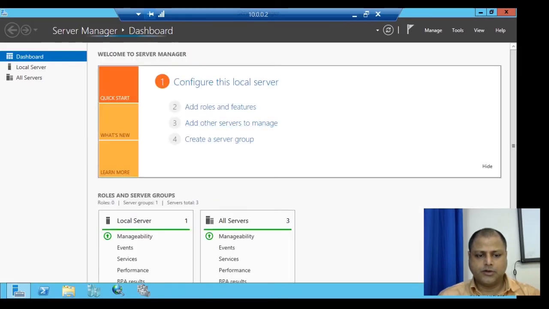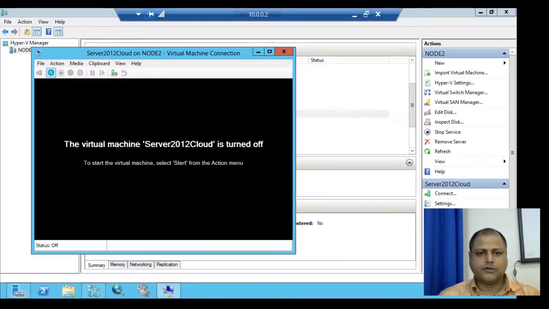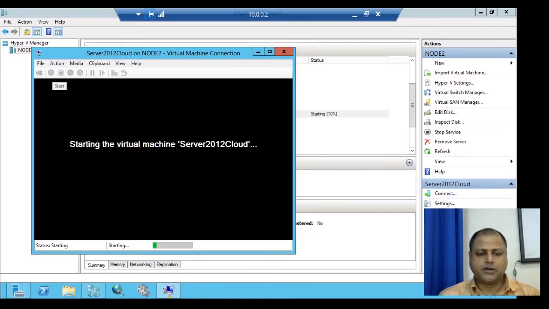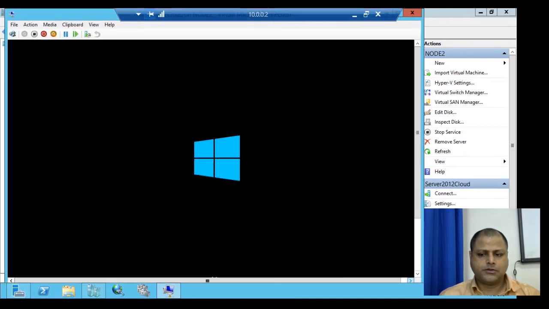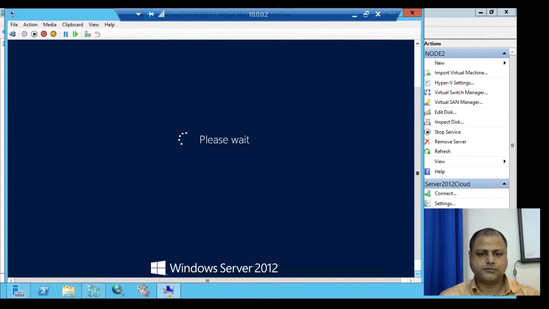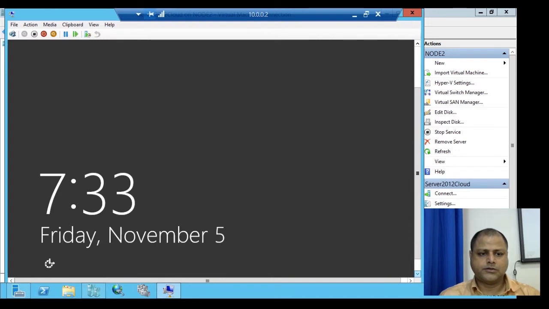Now we'll go to the connections of the system and connect to the cloud system. You can see that the cloud system pops up over here. We'll start our cloud system. The system is getting ready, so we'll log in over here. Now the system is ready.